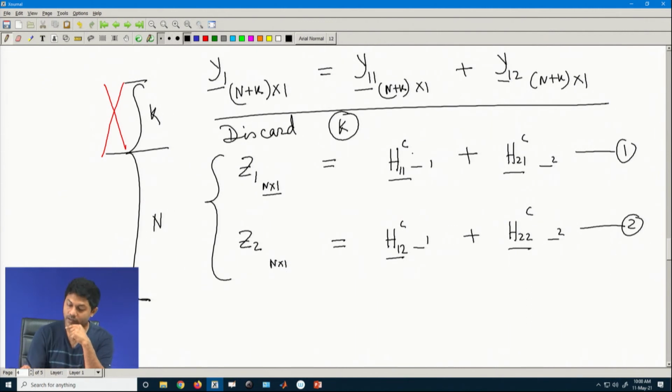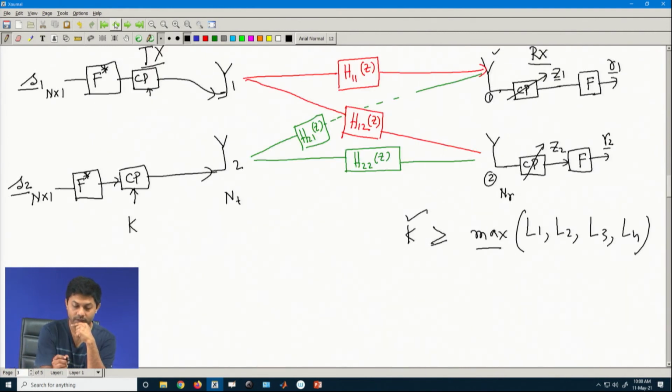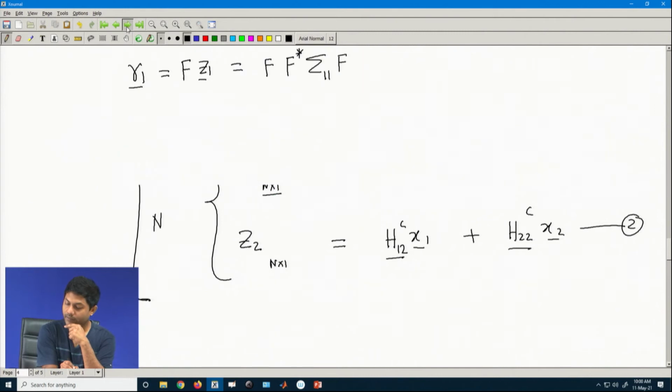This is the transmitted vector. What is x1 and x2? Basically this one is your x1 vector, this one is your x2 vector. So, that makes life slightly easier.